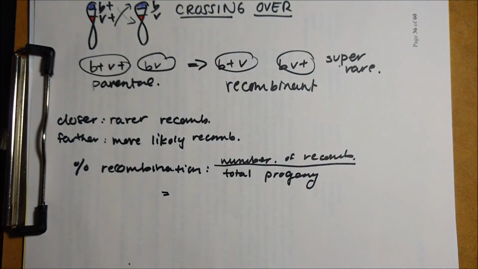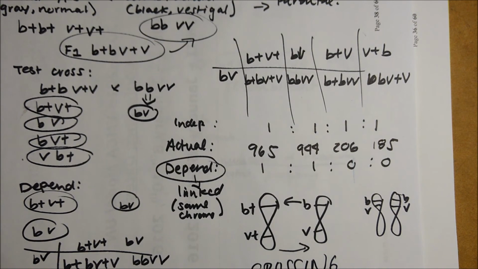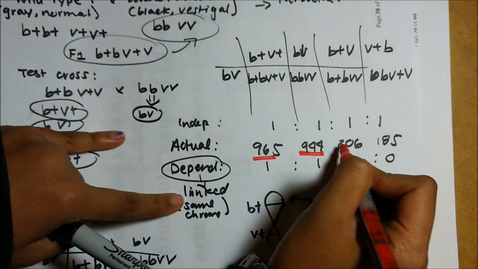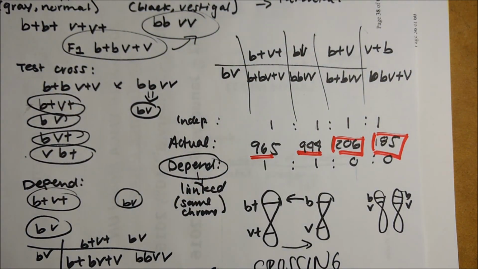So let's go back to our Morgan 1 experiment. Here we said that this were the parentals, and this one were the recombinants. So we have to add